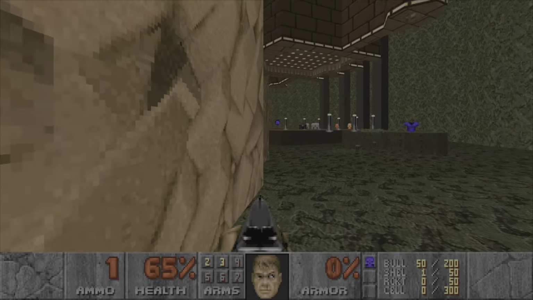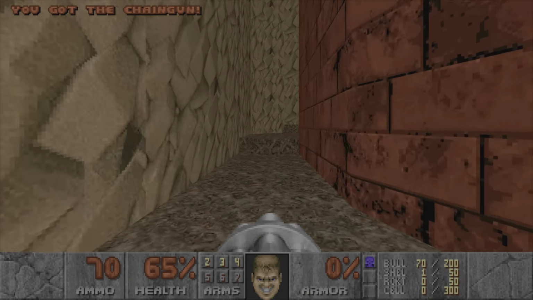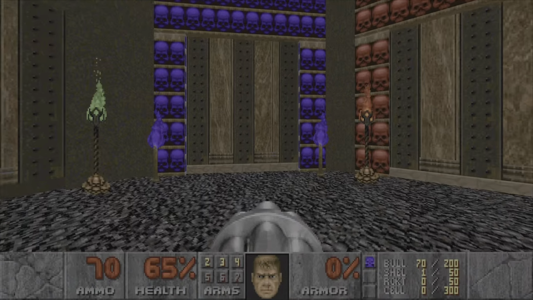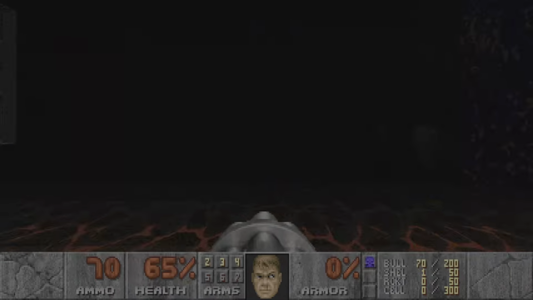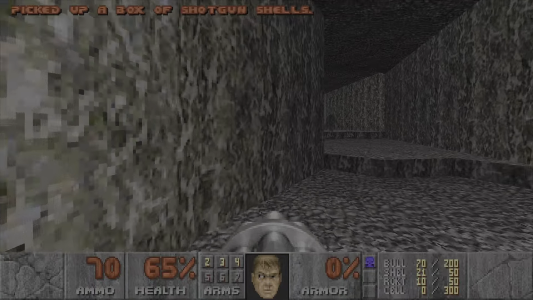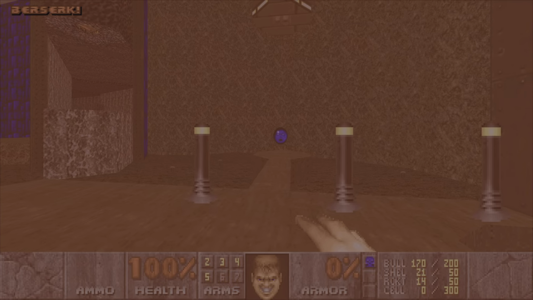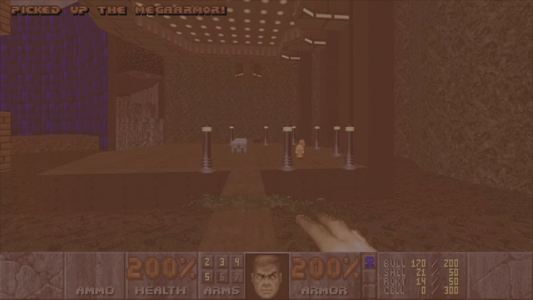Now, I'm going to try and do it in a way that avoids as much backtracking as possible, but this map is literally all about backtracking. So, let's go to our main junction hub here with 6 different doorways, and blue key first. Whatever you do, do not make a sound in this room. You will not like the way it ends until we get some better weapons. So let's sneak past the specters, get ammo, rocket launcher over here, and now we can get supercharge, mega armor,